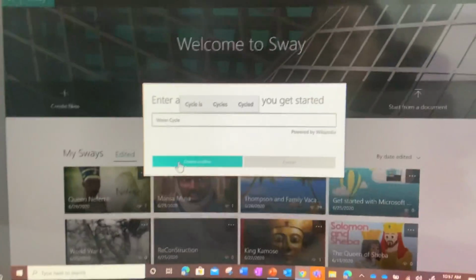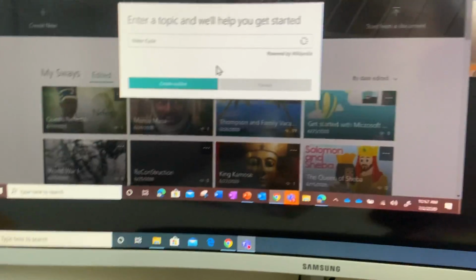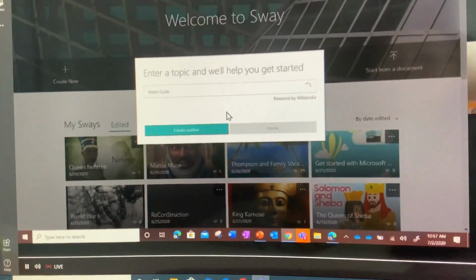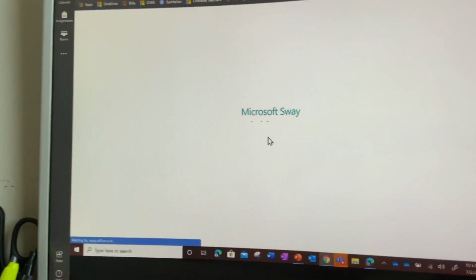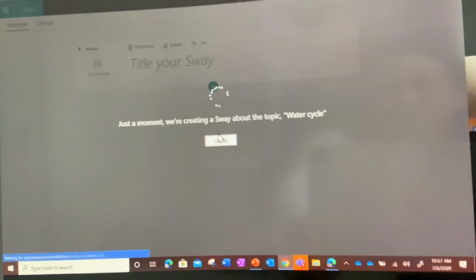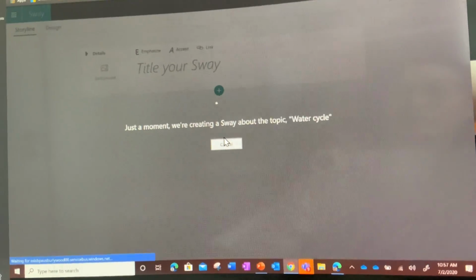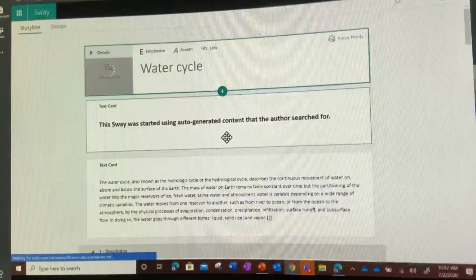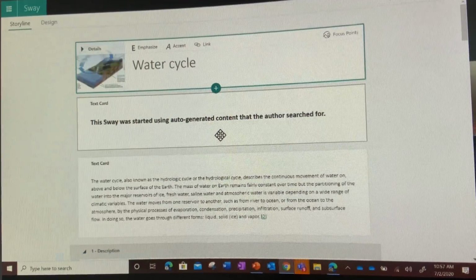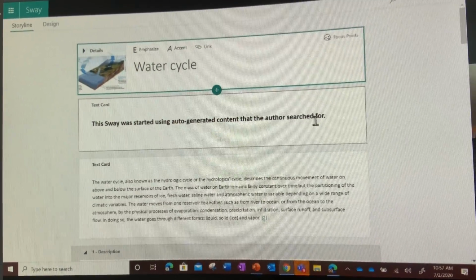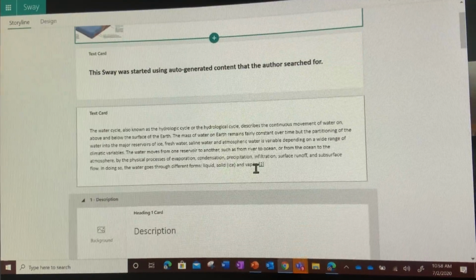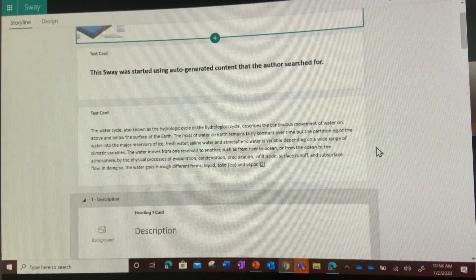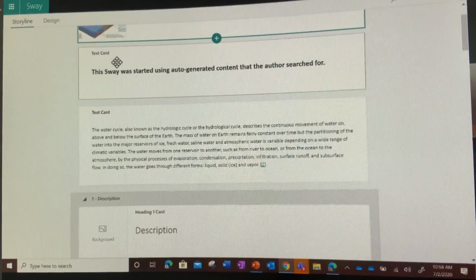So I'll start with something easy. And then I'll click create outline. As soon as I click create outline, Sway will automatically build this presentation for me. Now, it's not giving me full content, right? It's just giving me some ideas. And you will see some images there. You'll see that there's some pre-created text there,